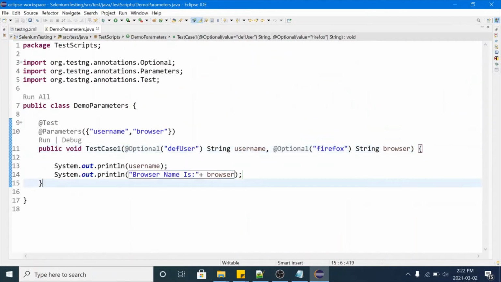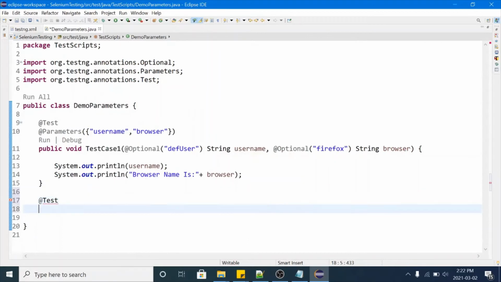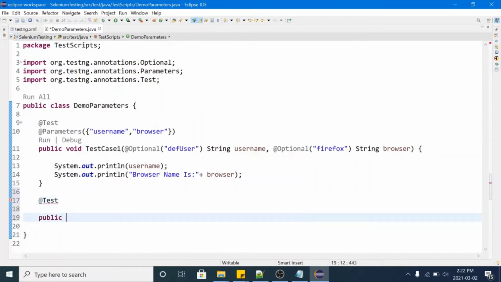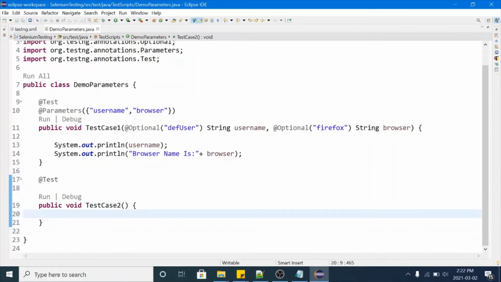Now you can use the same way to pass your values to multiple test scripts. Let me create another test case, test case 2, and we want to pass these parameters to test case 2.